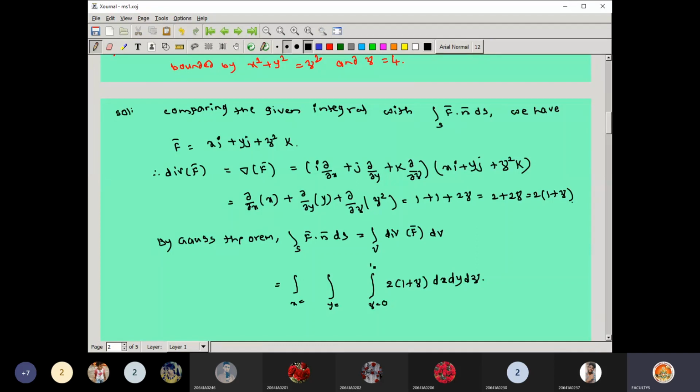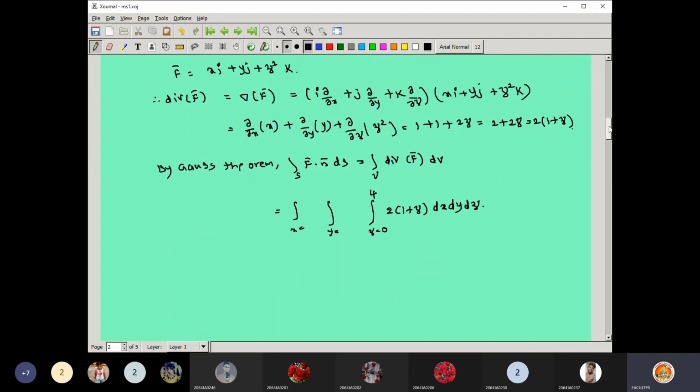So z value is starting from 0 to 4 as per the given condition. Now look at the next expression. What is the next expression they have given? x square plus y square equal to z square. Remember, the third variable limits are already over. In order to get the second variable limits, you suppose z equal to 0 there. So if I write z equal to 0, y square becomes